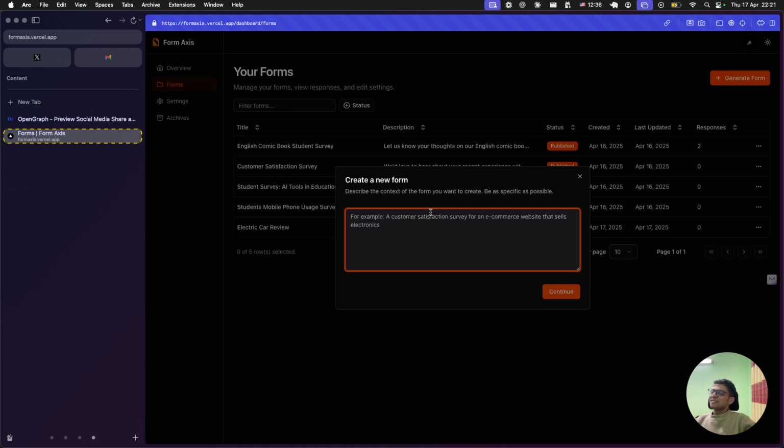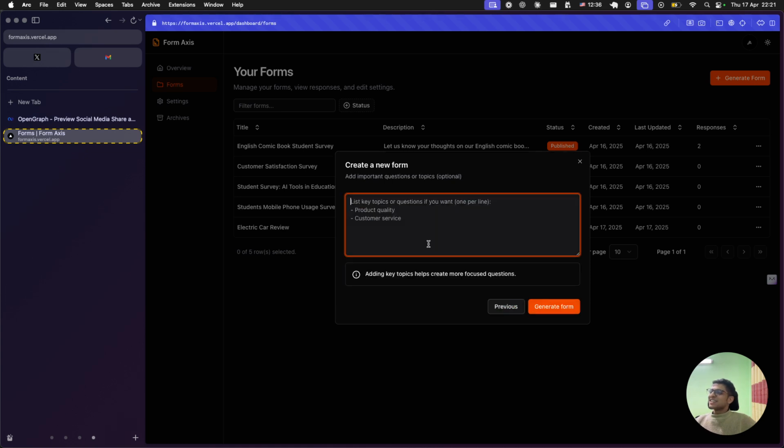As shown in the placeholder, I will just write customer satisfaction survey for an e-commerce. Yes, I would like to just give a simple context, but the preferred way will be to give longer context so that it will be easier for the AI to generate relevant questions so that you don't have to edit